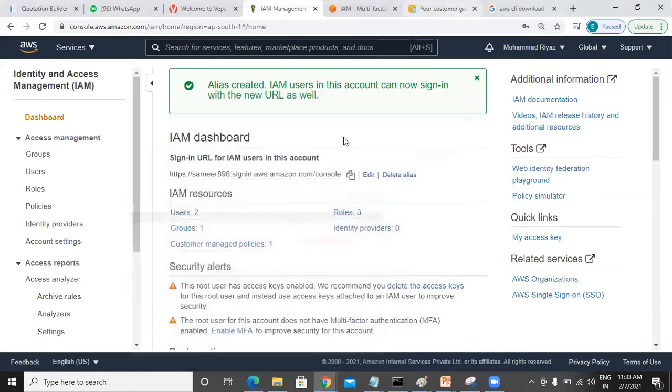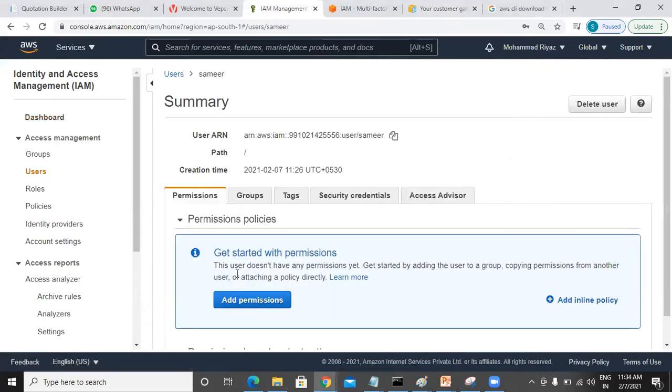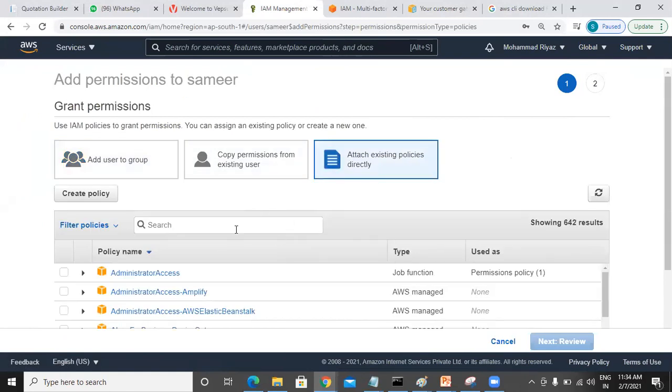If you want to assign any permissions, you need to go to users, click on Samir, and click on add permission. What permission do you want to assign? There are existing permissions here. Let's assume I want to give EC2.